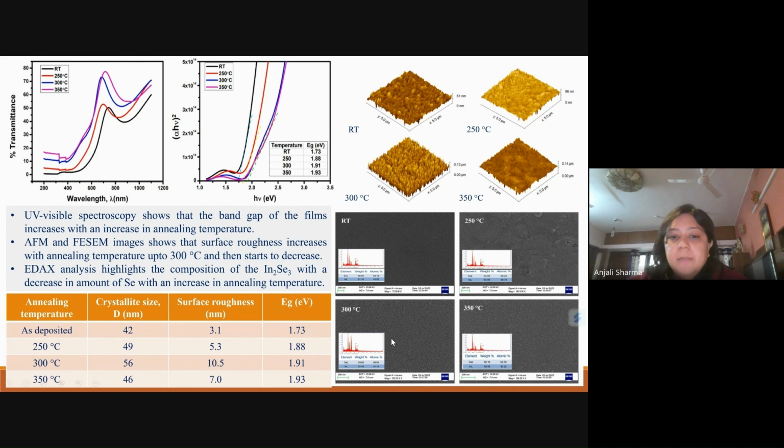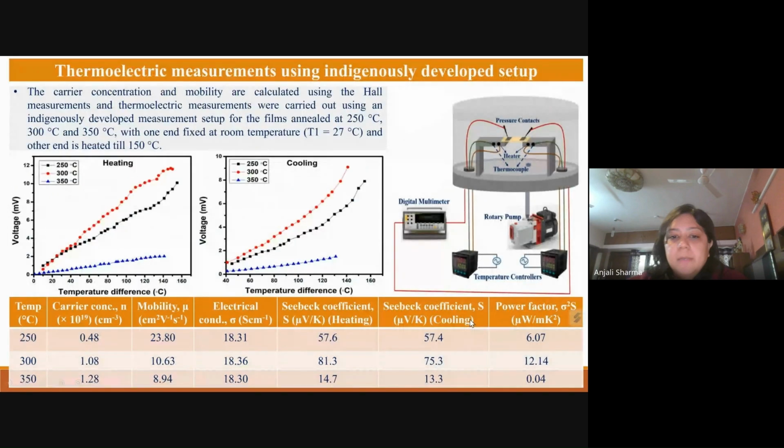And also the EDX studies highlight that the composition of indium selenide shows a decrease in the amount of selenium with an increase in the annealing temperature. So the thermoelectric measurements have been performed using an indigenously in-house developed setup, and the carrier concentration and the mobility